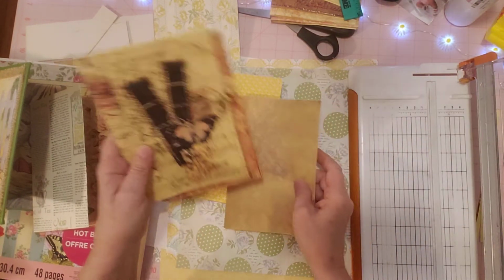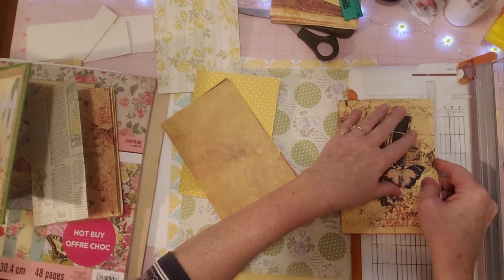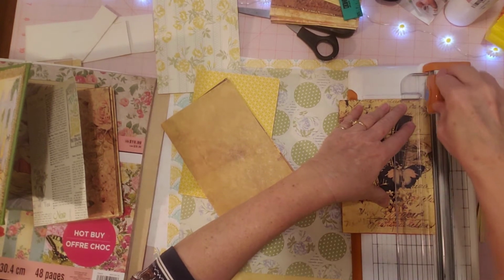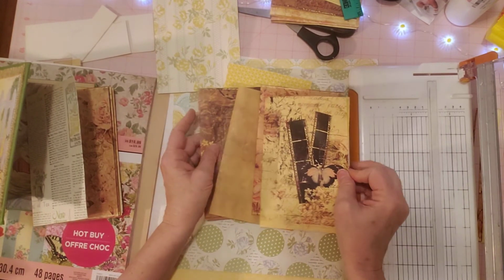So, all right. We cut these two. 1/8 of an inch again. I'm not measuring though. I'm just kind of like, that looks like 1/8 of an inch. Let's do it. Okay, so